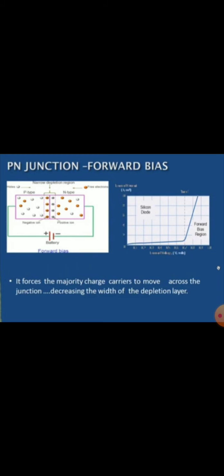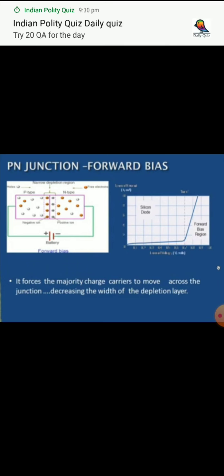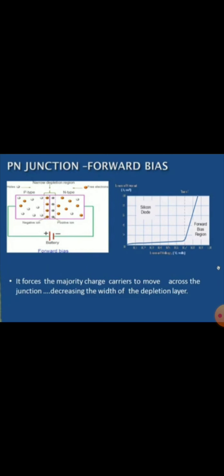The applied forward potential establishes an electric field which acts against the field due to the barrier potential. So the resultant field is weak and the barrier height is reduced. As a result, the voltage needed is very small, about 0.1 to 0.3 volt. A smaller voltage is used to eliminate the barrier. So when the potential barrier is eliminated, it offers a low resistance path for the entire circuit, and current flows in the circuit.